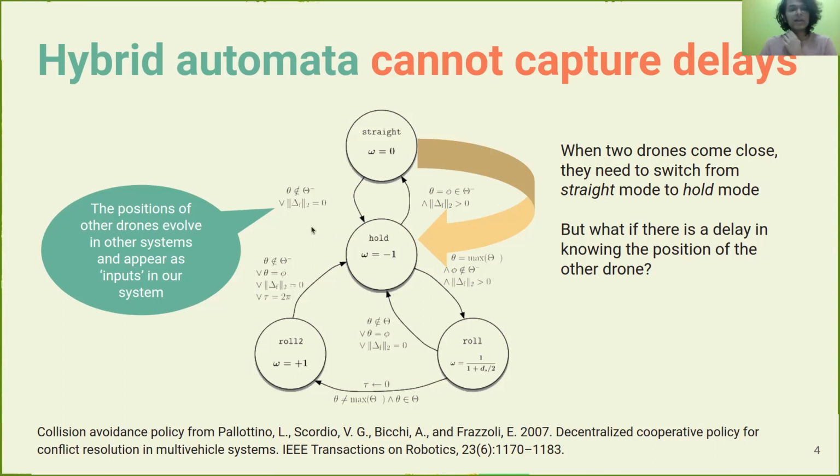Here we have to note that the positions of the other drones are not system variables within our system, but they appear as inputs within our hybrid automaton. In some cases, these models are more known as input-output hybrid automaton, but we just stick to the terminology hybrid automaton